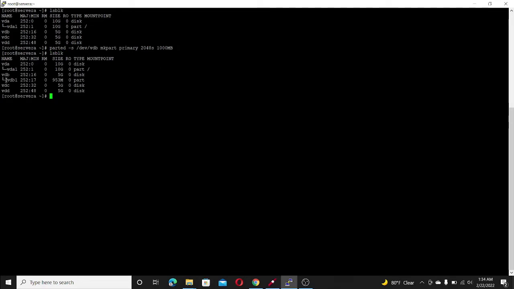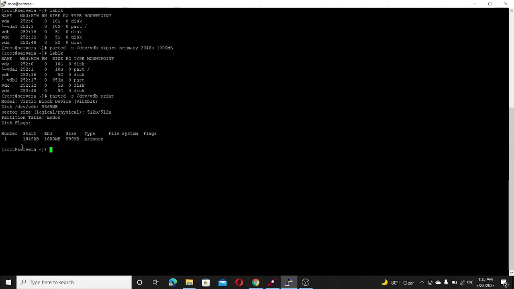You can see our partition created. Partition size is 953 megabytes, and we can run parted -s /dev/vdb print. You can see here